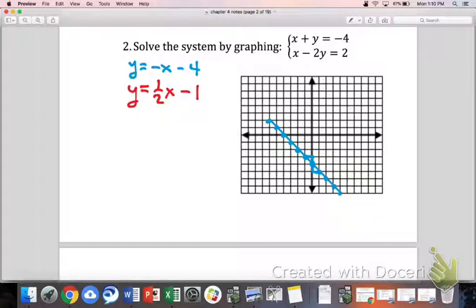Negative 1. That's right. So the y-intercept is (0, -1), so that's right there. And then, Victoria, what is the slope of the red line? Slope of the red line, 1/2. Yep, so we're going to go up 1, right 2, or we could go down 1, left 2, and therein lies the key to doing this